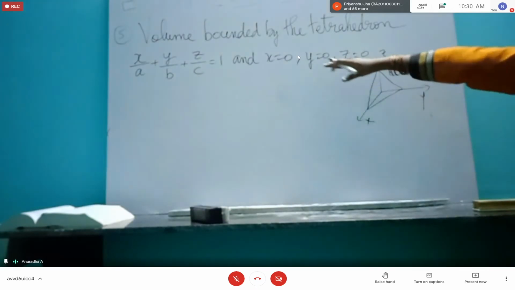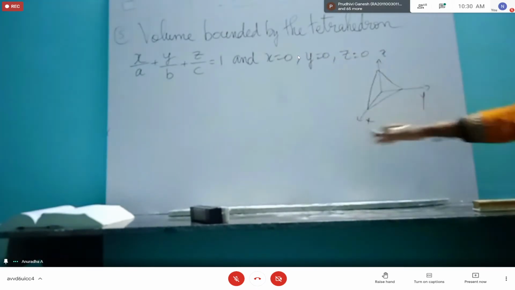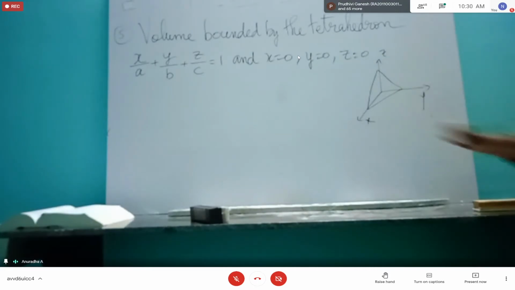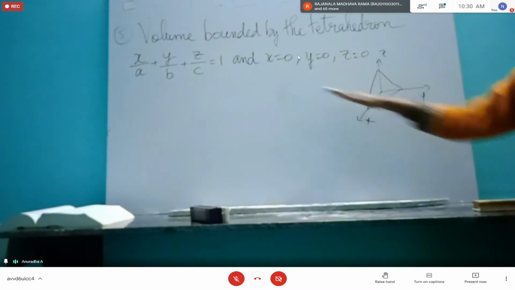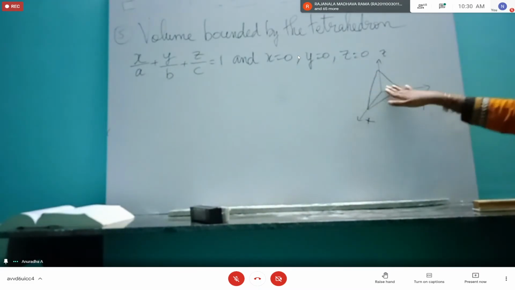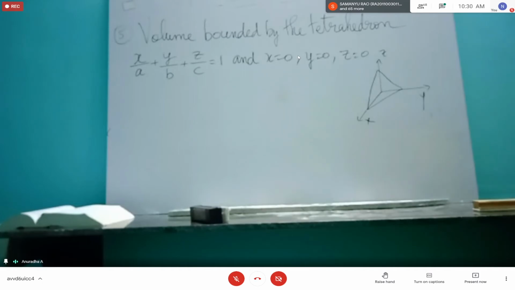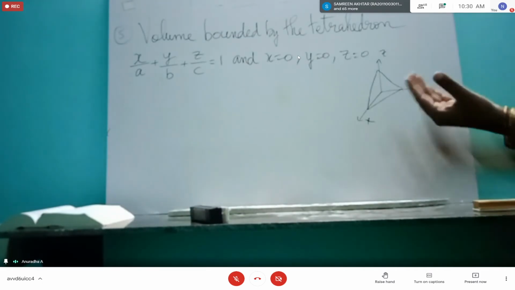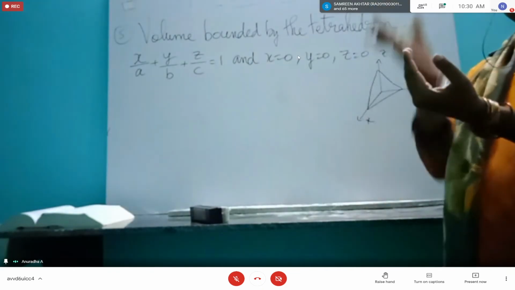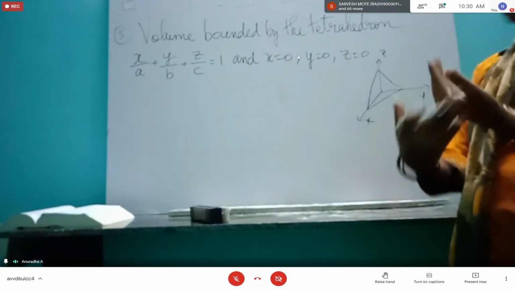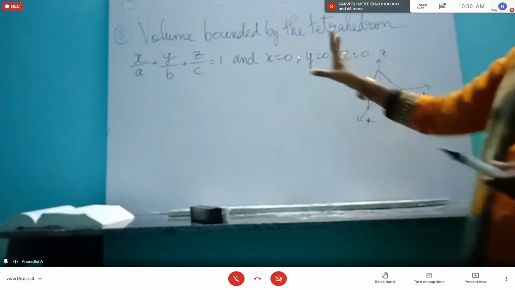In this particular sum, we are not taking the entire tetrahedron. We are taking the tetrahedron, but only in the positive direction. The negative we don't take. So x equal to 0, the other side we don't take. We cut it off. y equal to 0, only this plane we are taking, the other direction we are cutting off. So like that. You take a diamond, you saw it off halfway. On each side, you saw it off. Then we get this structure.